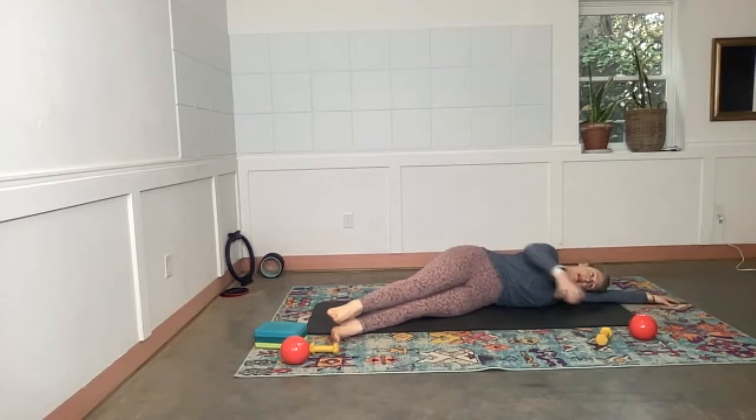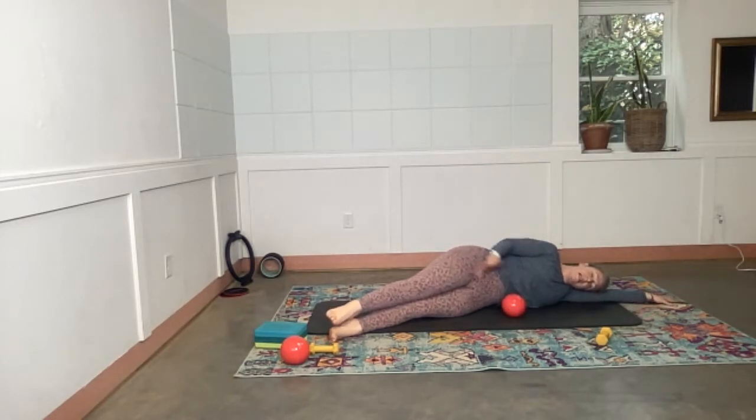Draw the abdominals in. Actually, I think we started with a little set for the rotator, so let's start there. Knees bent or straight, it's up to you. Elbow close to the ribs, straight spine, tapping up. 2, 3, 4, 5, 6, 7, 8, 9, and 10. Good. And then come down, put the weight off to the side, fingertips or palm right in